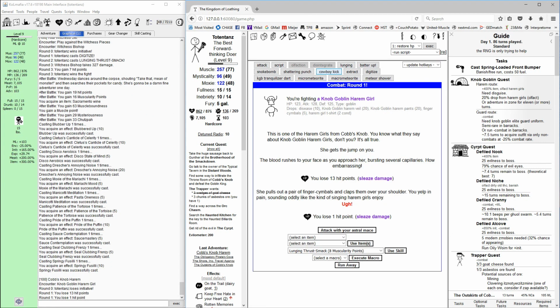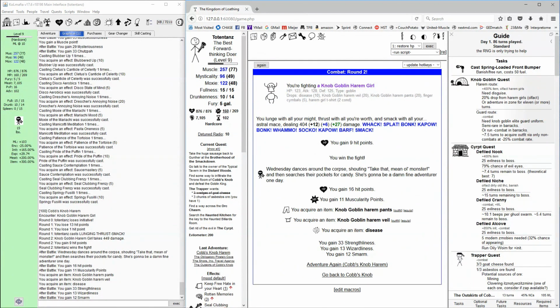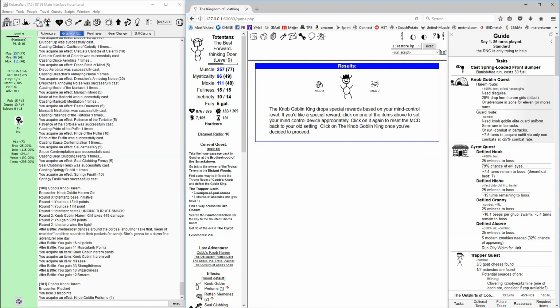If we get the harem girl first, we can go ahead and just kill her, and we should hopefully get the outfit. If we do, put it on. We don't have perfume yet, so let's just hit the harem one more time. We'll get a non-combat here that gives us the perfume effect, and then we can hit the throne room and